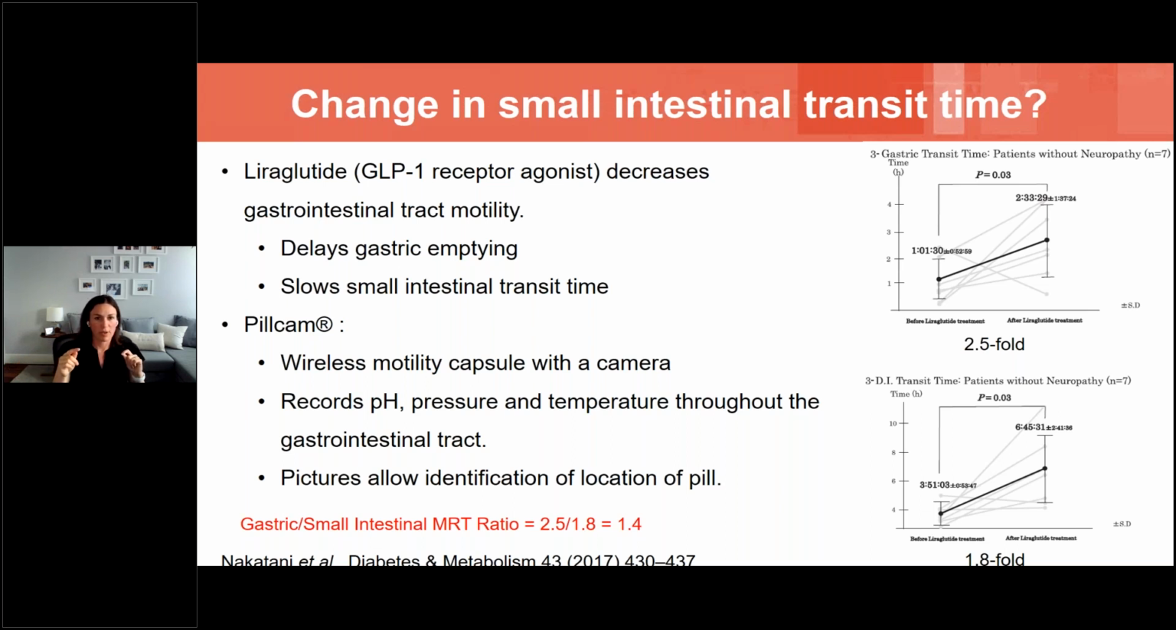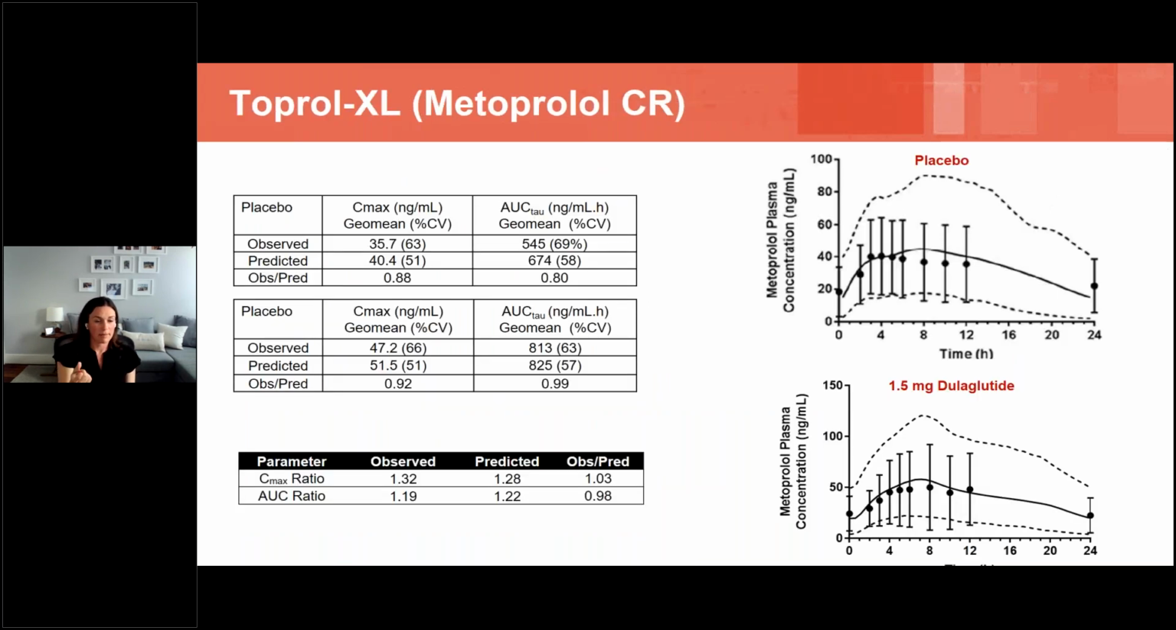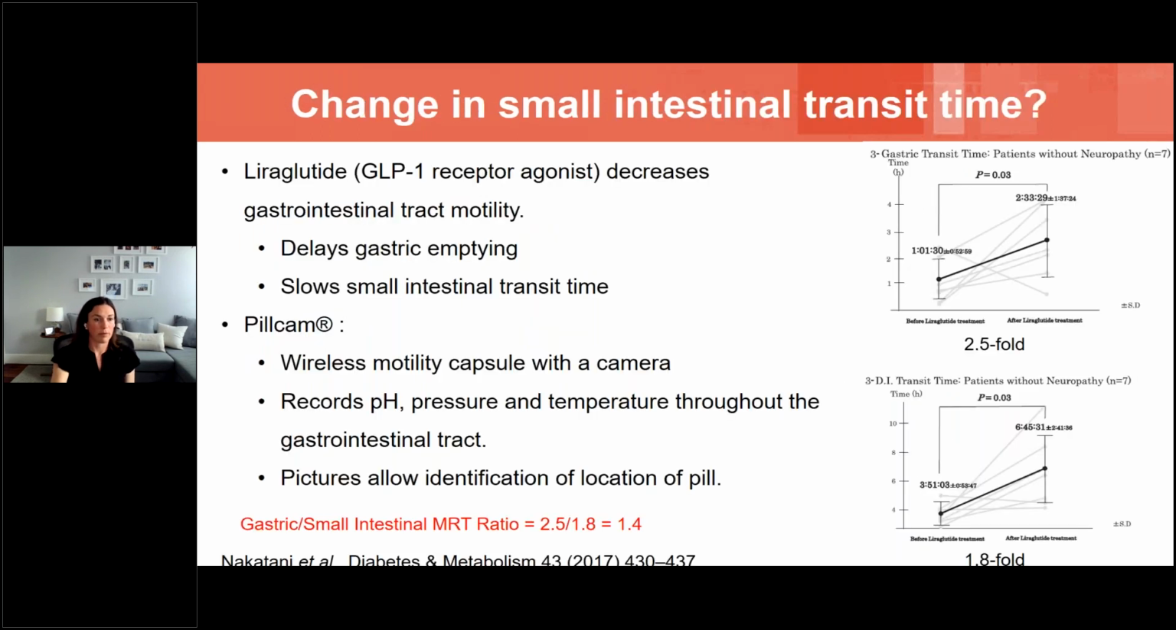So based on the results of this study, where they showed that the stomach transit changes 2.5-fold for patients with diabetes, and the small intestine changes a little bit less, 1.8-fold, we use that ratio, 2.5 to 1.8, to predict what could happen with dulaglutide if this is what would happen with dulaglutide. And why is this important? Well, because if the small intestinal transit time is also being delayed, so the metoprolol stays in the small intestine for longer, then it has a higher chance of being absorbed, because it's a controlled release formulation. So we use that ratio, that 1.4 ratio,